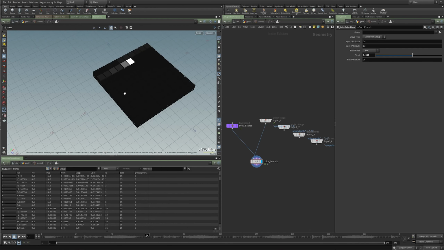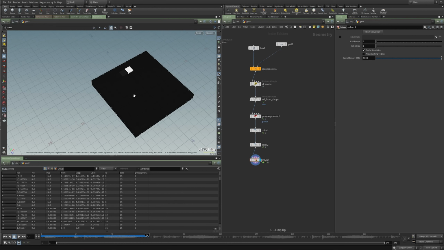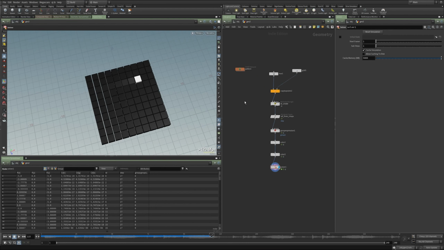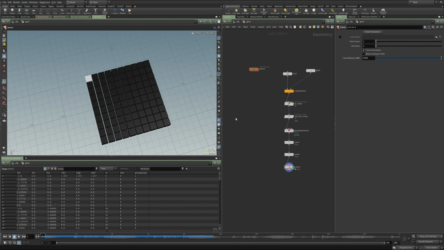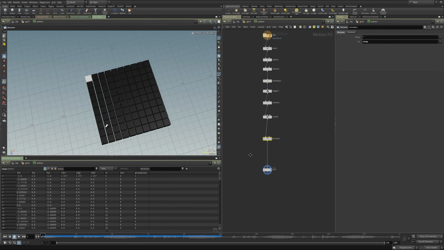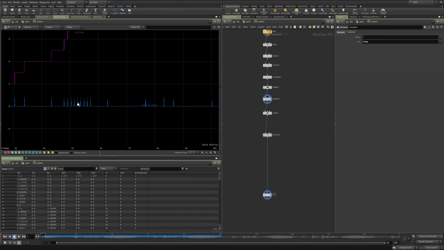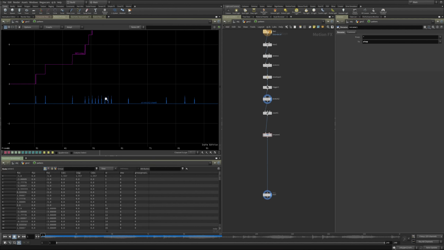All right, and that's sort of where I'm going to leave this example. So that's half of the chop setup. Because right now it's just counting up in an orderly fashion. But what happens if we want something that's more randomized, right? We don't want it to go straight in order. We want every time that there is a registered impulse down here, we want to generate a random number. So let's talk about how to do that next.